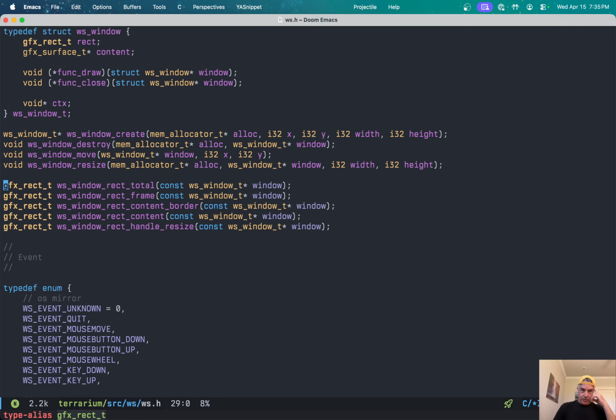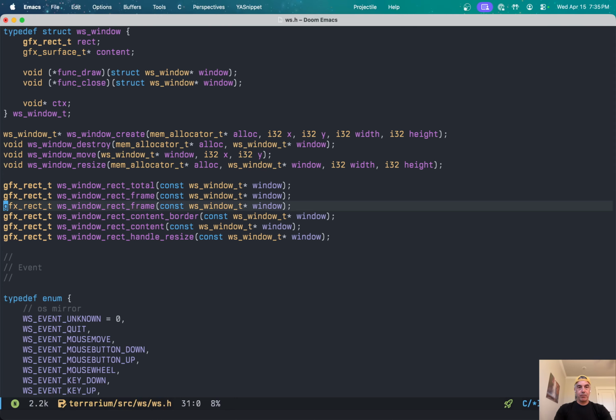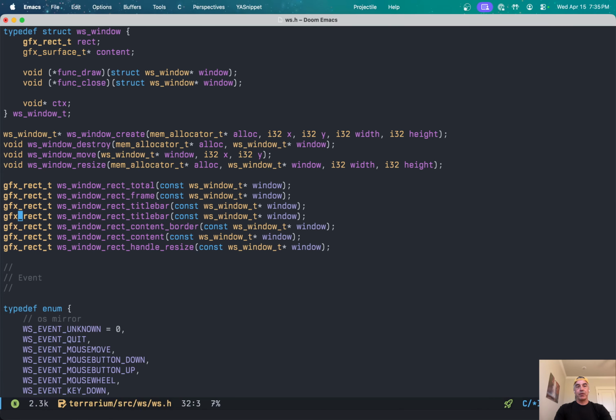So total, frame, this is the way that you drill down smaller and smaller. So we have total, then we have frame, and then content border. What we want is going to go between the frame and then the header or the title bar and the content border are peers, essentially, I would say. So title bar, we're going to need a rectangle for that. Inside the title bar is another rectangle called,